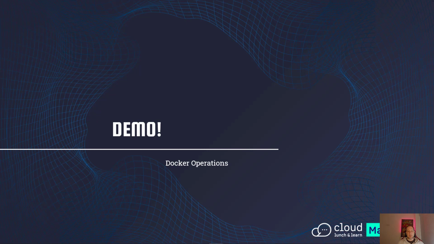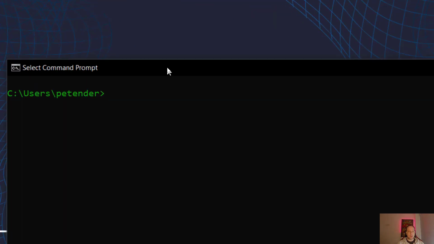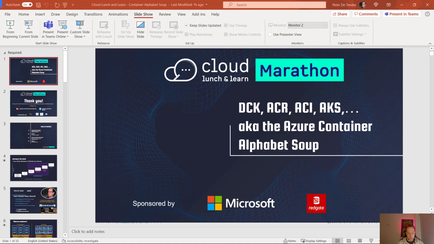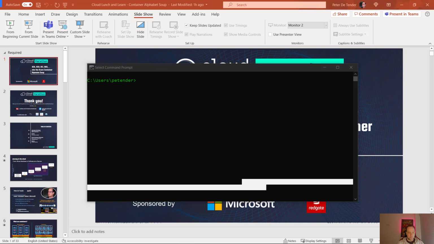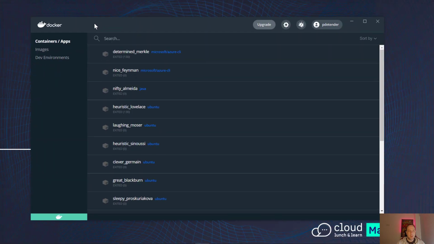So I promised you a couple of demos, so why not switch to a first one where I'm running my traditional command prompt, and I'll try to make it a little bit bigger. There we go. So what I did, and I might actually start with that one, is running Docker Desktop. Now let me switch to my Docker Desktop and show you what it looks like. There we go. So Docker Desktop is this nice graphical interface allowing you to manage your containers, or at least part of them. It's going to show you a history view of your